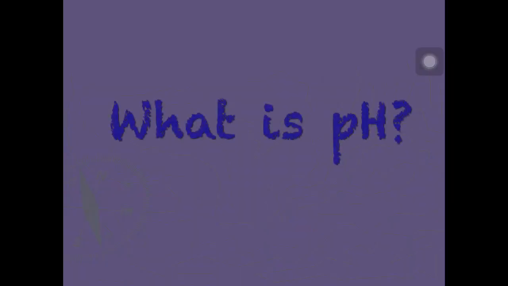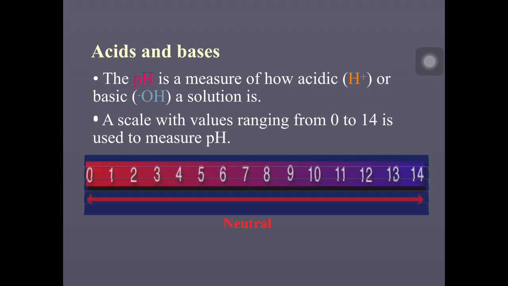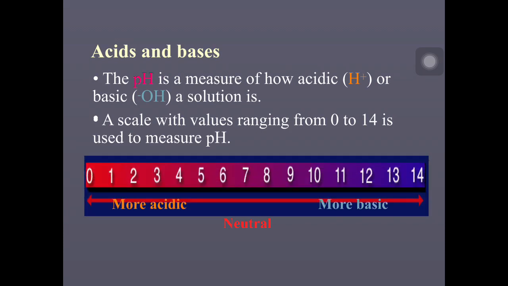What is pH of a solution? So pH of a solution is a number that is assigned to the solution to represent its acidic or basic strength. The smaller the number, the greater is the acidic strength. The larger the number, the lesser is the acidic strength. The pH scale runs from 0 to 14, 0 pH representing the most acidic solution and 14 pH representing the most alkaline or basic solution, and the pH of 7 represents a neutral solution.